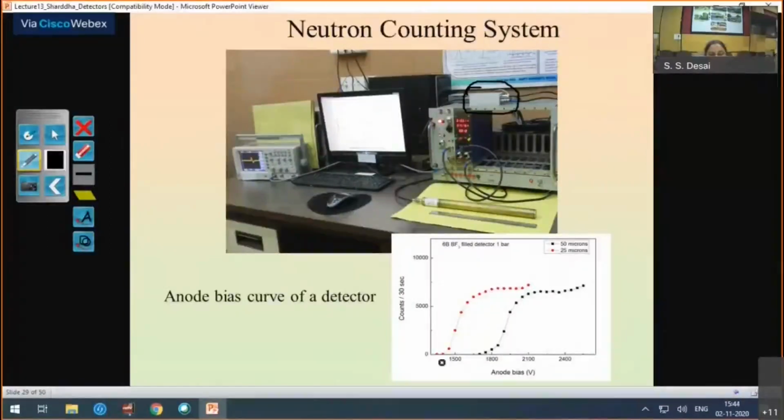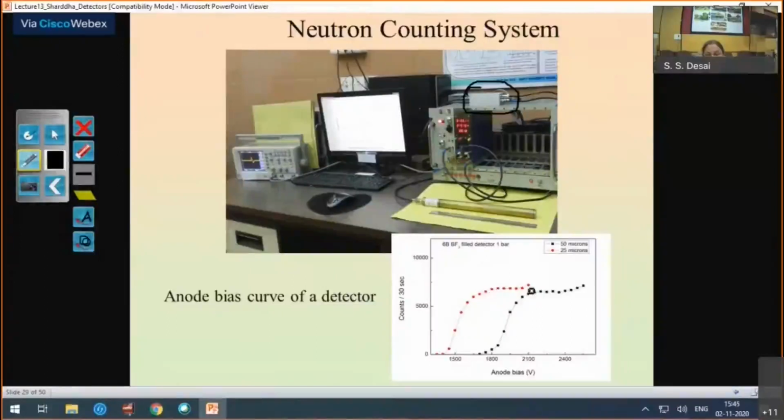plotted here. As we go on increasing the anode bias voltage, you can see that you reach a flat portion of the number of counts. What we saw before was a pulse height distribution. It is like a picture of how big the pulse height is. Here, you are integrating all the pulses, so what you get is a number of pulses. So that is the total peak area under that curve of a PHA that is plotted here.